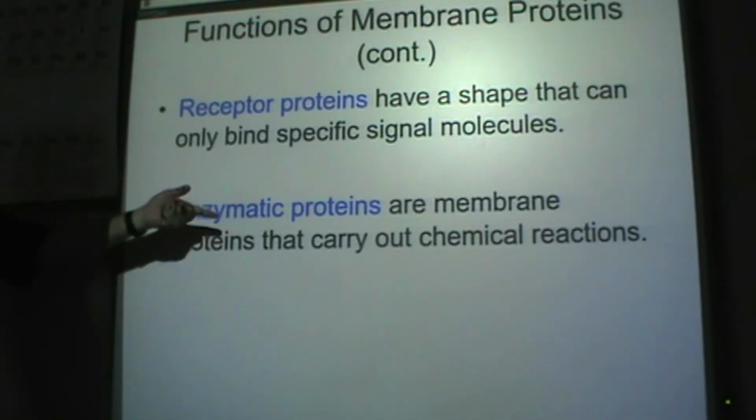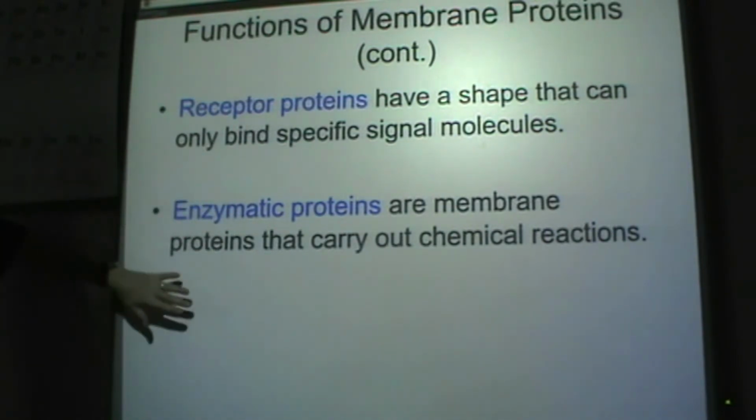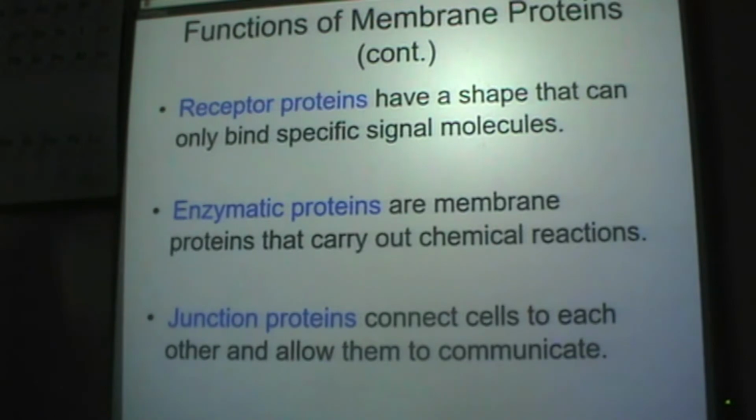So the enzymes help all the reactions happen in that narrow space. And the junction proteins hold them together and let them communicate. It's kind of like plugging computers in a network together. All the cells are connected together. And if you plug one to the next, to the next, to the next, when you get some kind of